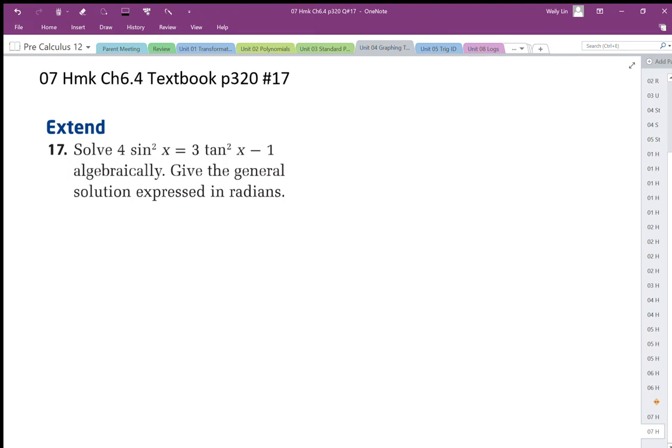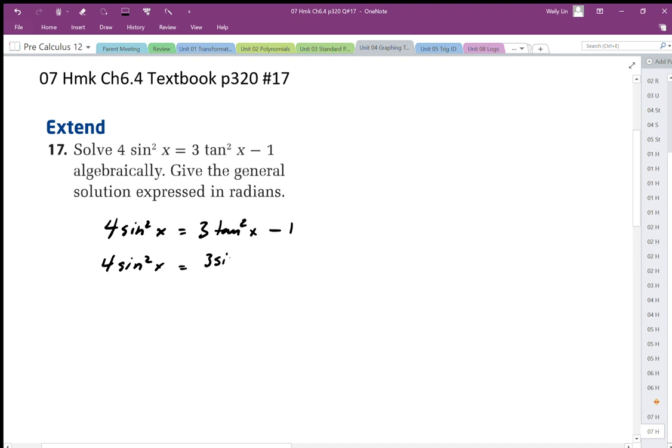In this question, you're asked to solve this equation algebraically. So we're starting with 4 sine squared x is equal to 3 tan squared x minus 1. So the first thing I'm going to do is convert the tan squared into